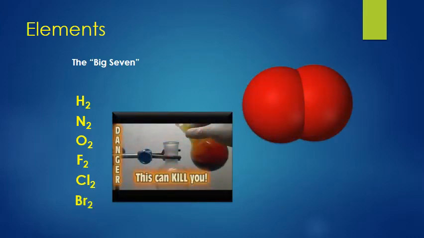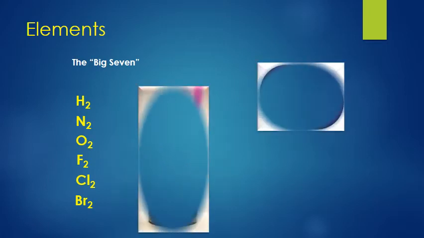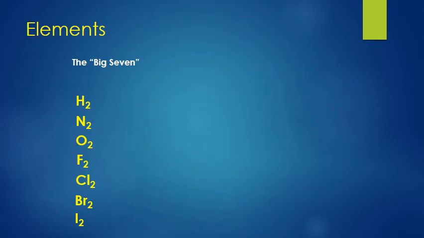This is elemental bromine, made up of 2 different atoms. No, I lied. 2 of the same atoms. That's why it's an element, even though they're bonded together. And last, the pretty one, iodine. Wonderful, beautiful purple color. And no, I don't have any of that either. You do not need to memorize the big 7, but you should know where they are and how to find them. And memorizing might be helpful, but we'll see what happens with those.